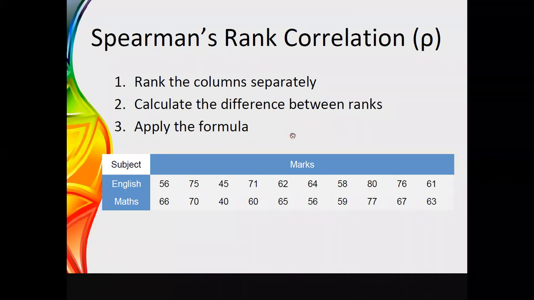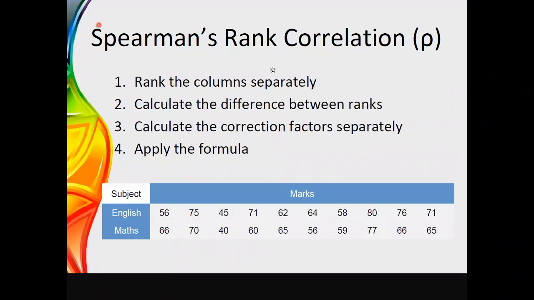And this example is for the calculation for ties. If I brief about this, first of all, we need to rank these separately if it is in column form, but here we have it as rows. Therefore, we can just rank the variables separately. Then we can take their differences and calculate the correction factors using the number of ties we can see. Accordingly, we perform the calculation and then apply the values in the formula.